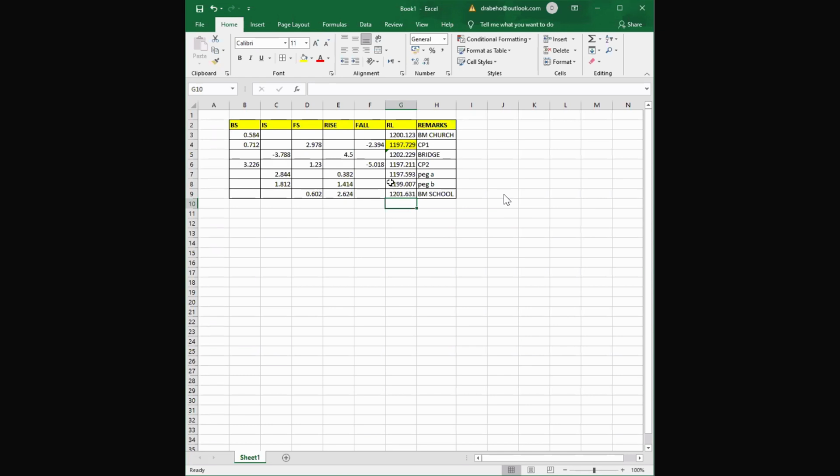Now, the last two, these two, I think I know where the issue is. So we have this, which is the fall from CP2 to peg B. But when we were adding here, we added to peg A and not to CP2. So this should have been CP2 plus the fall. And then this should also